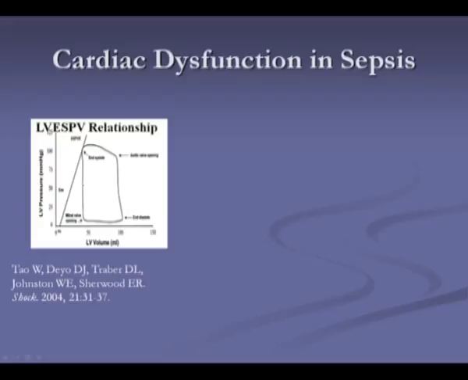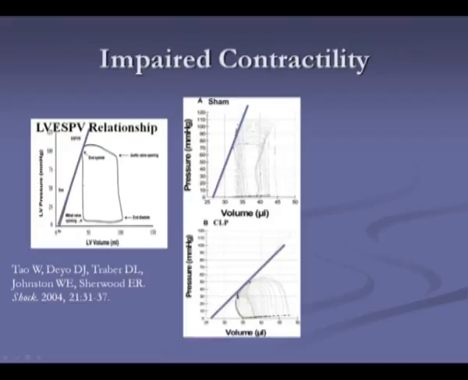And the way we best characterize cardiac function or dysfunction is looking at a tangent to the left ventricular end systolic relationship in the pressure-volume curve. So again, you can see where this line is tangent to the end systolic pressure volume. With impaired contractility, what happens is the slope will change from that to that. As the slope goes down, the contractility is impaired. This has been shown to happen, at least in these experimental models of sepsis. This is a little more difficult to do in human beings, although it is possible and has been confirmed.